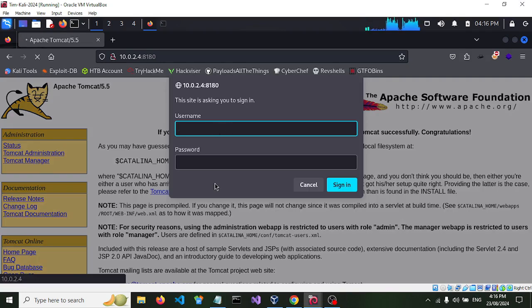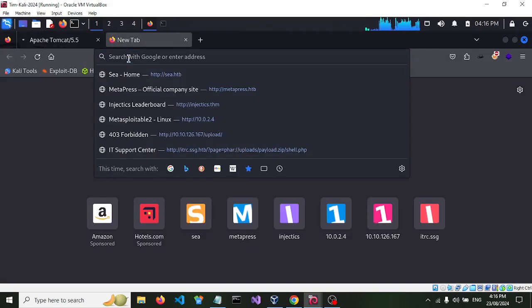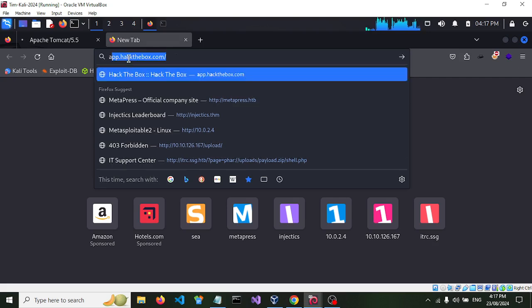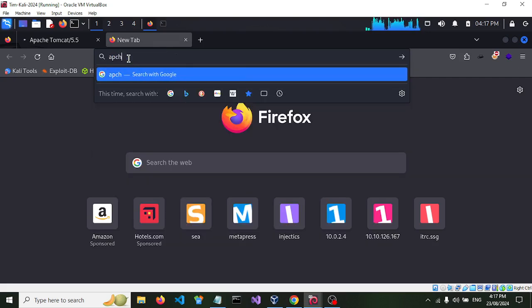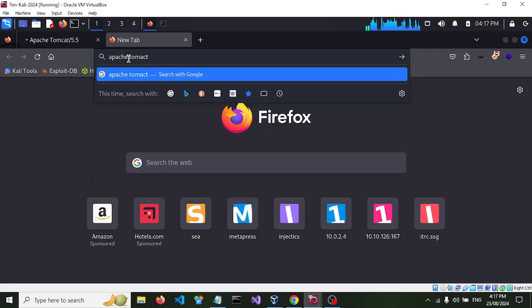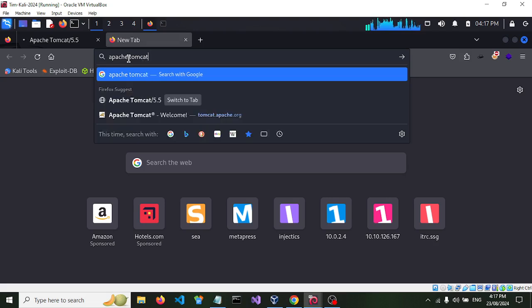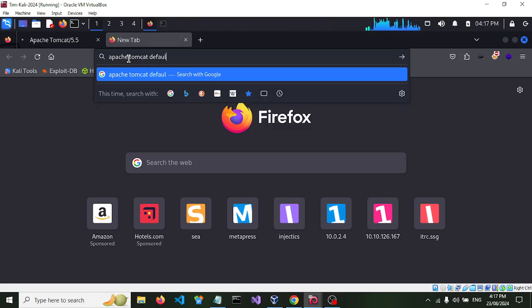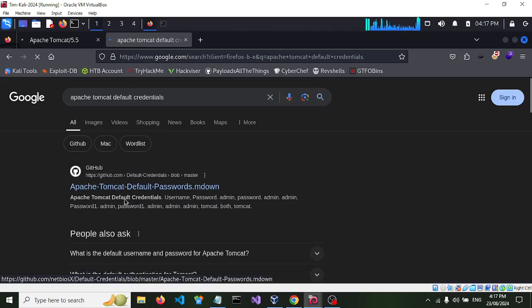And we need the username and password, which we don't know, so what we'll do is we'll just Google Apache Tomcat default credentials, and the first post is